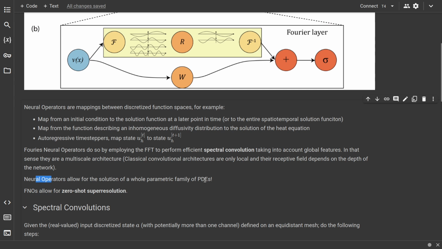This is, as mentioned, a bit of a difficult terminology, but for me personally, I think the most important application is as autoregressive time steppers, and here we just map state to state. Then FNOs also claimed something very interesting, which they called zero-shot super resolution, and that means if we train a